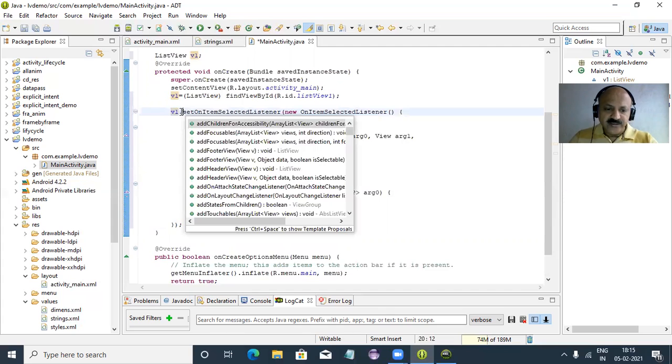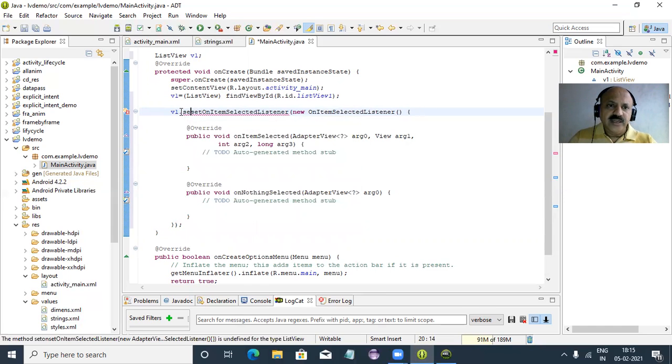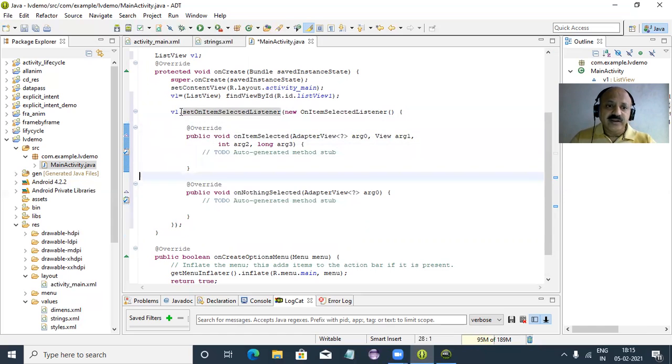So again setOnItemClickListener, that also works perfectly, and both item click listener and item selected listener are there. So let us check. First we can require the position, or here I think that is a view and that is an index.